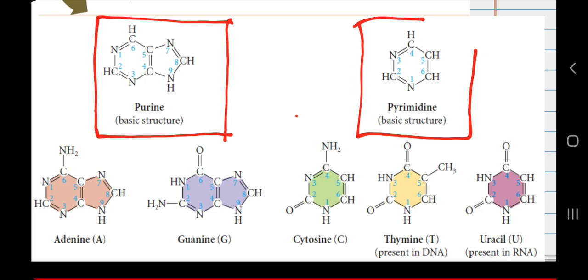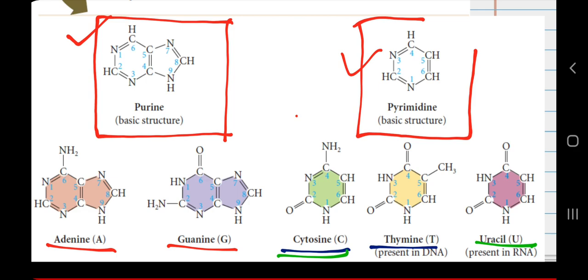So what are purine and pyrimidine? Very simple. These are some basic structures of chemistry. The purine structure involves a 9-membered ring, and the pyrimidine structure involves a 6-membered ring, and you can picture this as one hexagon plus a pentagon joined together in purine, and only one hexagon in pyrimidine. There are 2 types of purines, adenine and guanine, and there are 2 types of pyrimidines in case of DNA, which are cytosine and thymine, and again 2 types of pyrimidines in case of RNA, which are cytosine and uracil. And again in case of RNA you can observe adenine and guanine as purines.